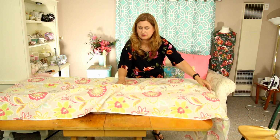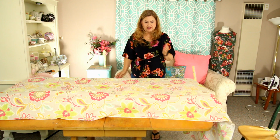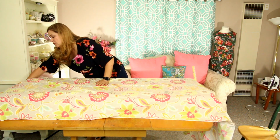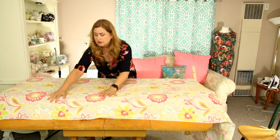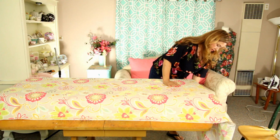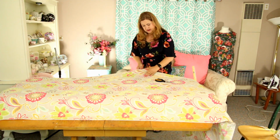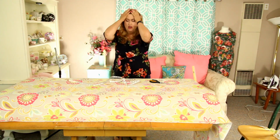So what I'm going to do is I'm going to measure off the size that I need, giving myself some space. I'm not going to cut the width of it, I'm just going to cut the length of it. So I want to give myself enough selvage all the way around to go under and to staple. So I need to cut off this end. So I'm just going to make a mark where I want to cut it. I'm just going to match, all the ends are going to have the same. So there's that. So the next thing I'm going to do is I'm going to cut that piece off,